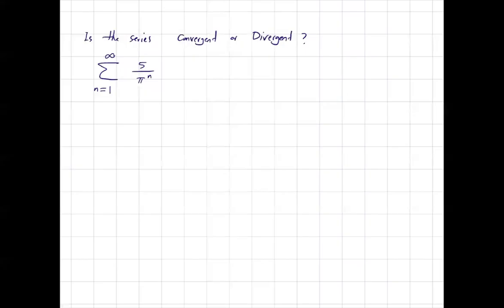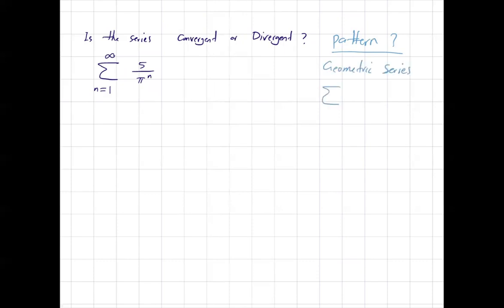Is the following series convergent or divergent? Have you seen any pattern here? Have you recognized any pattern? Well, I remind myself of a geometric